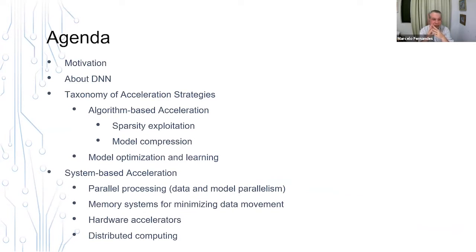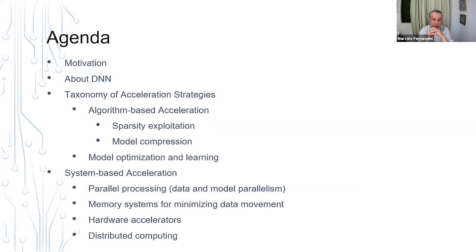This is our agenda today. I'm gonna talk a little bit about motivation, about deep neural networks. Of course, I'm not explaining deep neural networks, but for me now, a deep neural network is a computer with several processing units. It's an important point for this tutorial. And after, I'm going to talk about the taxonomy of